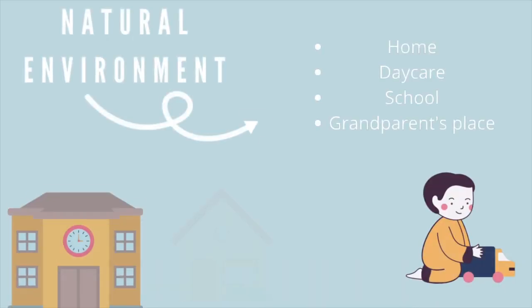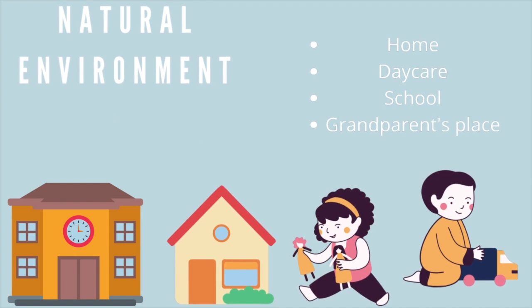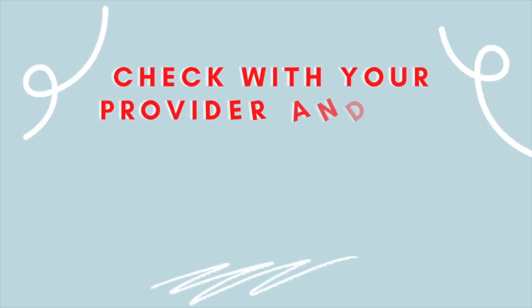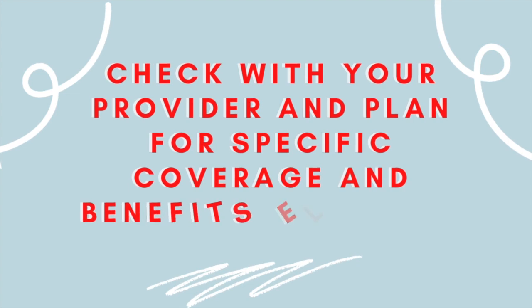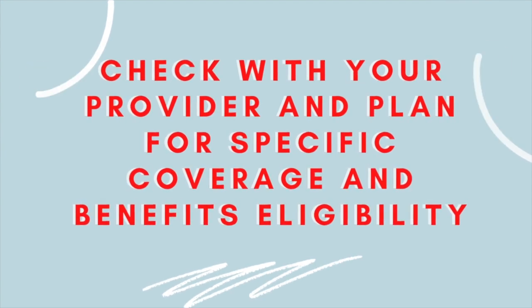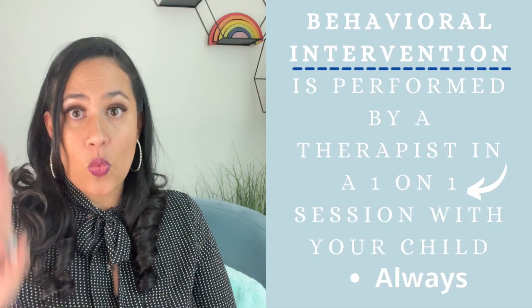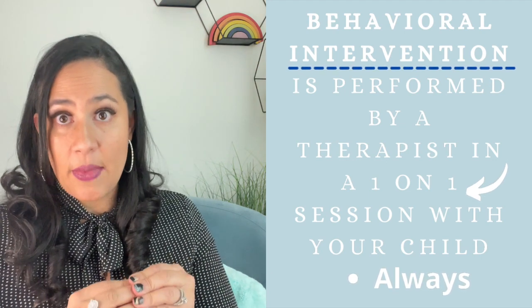So the way ABA therapy is executed is basically in the child's natural environment. We just need an adult to be present when we're giving ABA services to the child, right? And the other setting that is now available, at least here in California, is the ABA centers. These are settings that look sort of like a school, right? But you're still executing ABA therapy through the one-on-one ratio. So your child will always be assigned one individual to work with them on their goals.